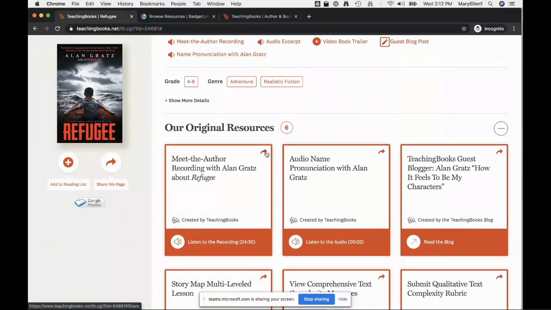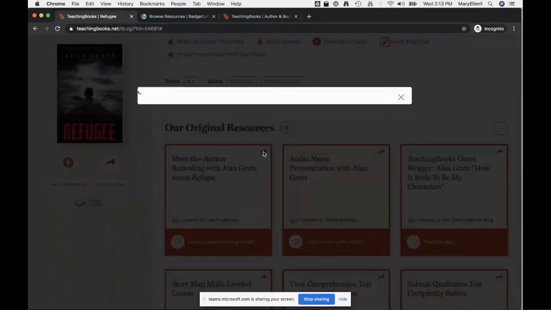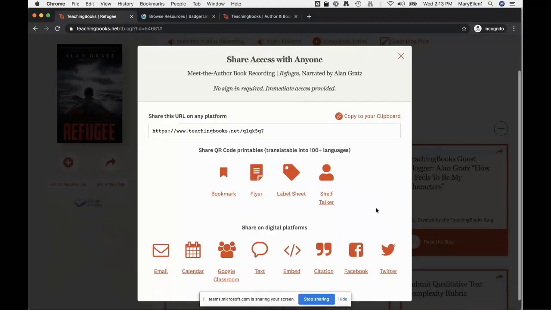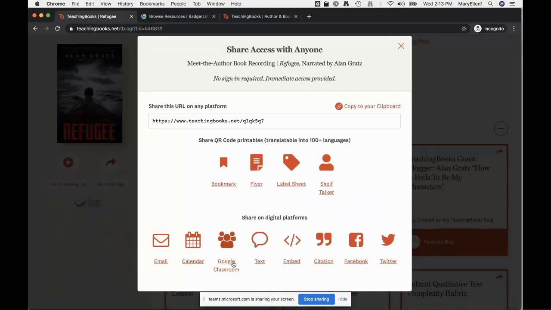And you'll see the red arrow here. It looks just like the one that's on the book page, but it's on an individual resource. Now, when I click on that resource, it will tell me exactly what I'm sharing, meet the author, book recording, refugee, and I can go in and I can post it in my Google Classroom so students can listen to it. I could create a label sheet,